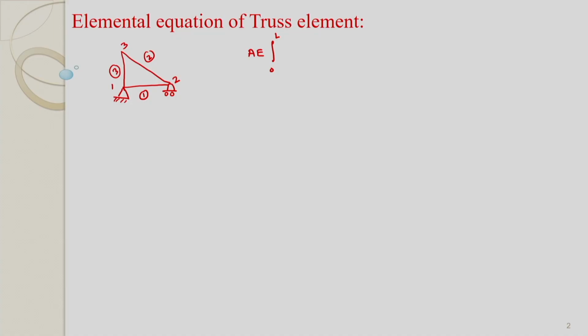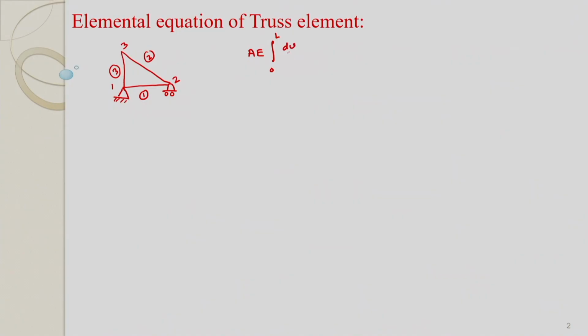This 2D structure consisting of bars inclined at any angle is an example of a truss structure. We are assuming constant area along one bar element, and the variational statement can be written as